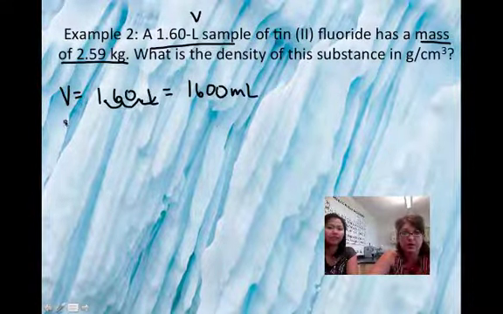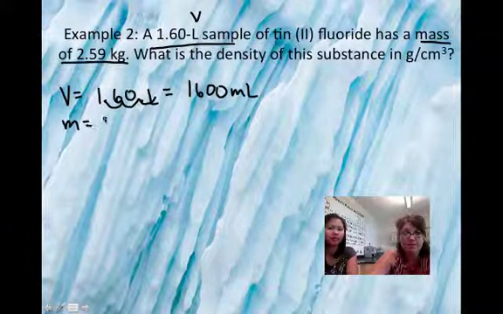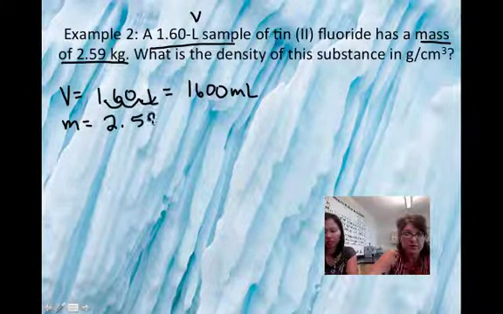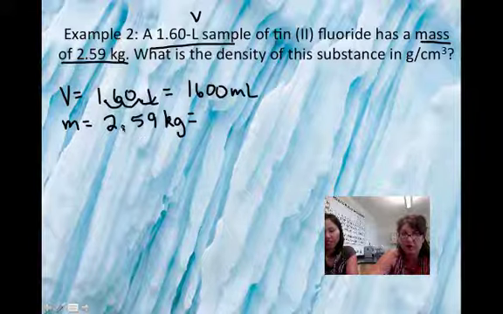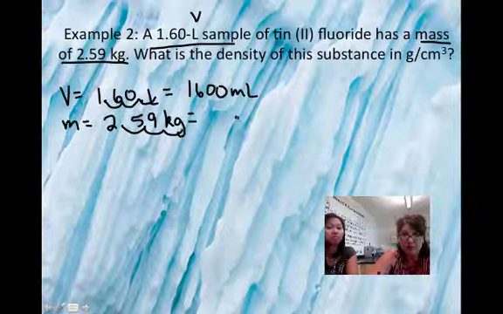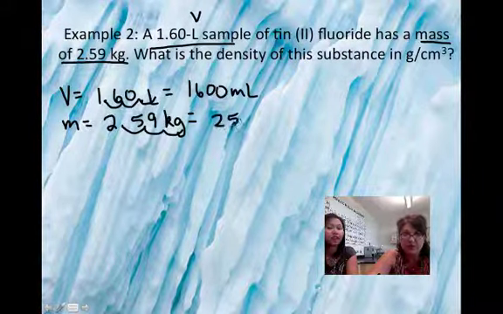All right. Now let's do mass. That's 2.59 kilograms, and we want that in grams. So start at kilo and go to grams. According to King Henry, it's 1, 2, 3. 3 steps to the right again. So 2,590